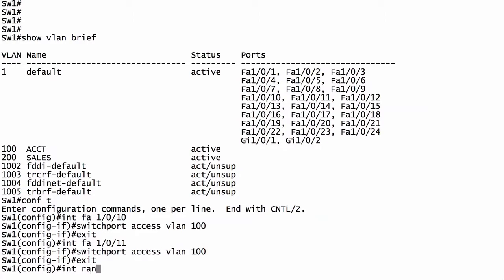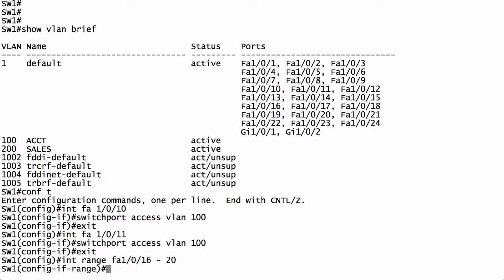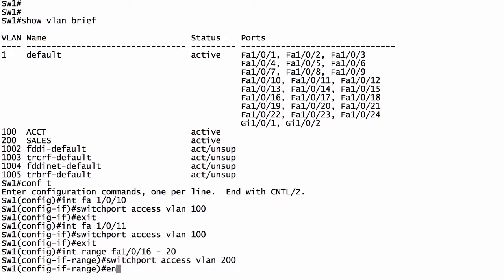We say interface range, and then I specify the first interface, FastEthernet 1/0/16, space, a hyphen or a dash, another space, and a 20, and I press enter. Notice my prompt. I'm now in interface range configuration mode, meaning that whatever command I give here is going to impact that range of interfaces, that range of ports, and I want to put all of those ports into my sales VLAN, VLAN 200. To do that, I can simply say switchport access vlan 200,